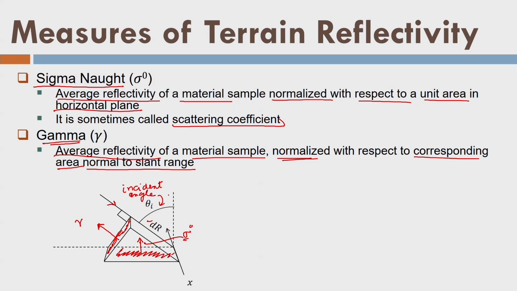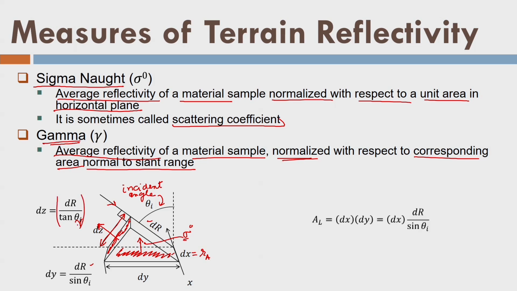This is the x direction or the flying direction, and this is dx, which is azimuth resolution Ra. This is dy, which is a resolved factor of dr. So, I can write dy is equal to dr upon sin theta I. Similarly, this one is dz, from here to here. So, dz is dr upon tangent of theta I.